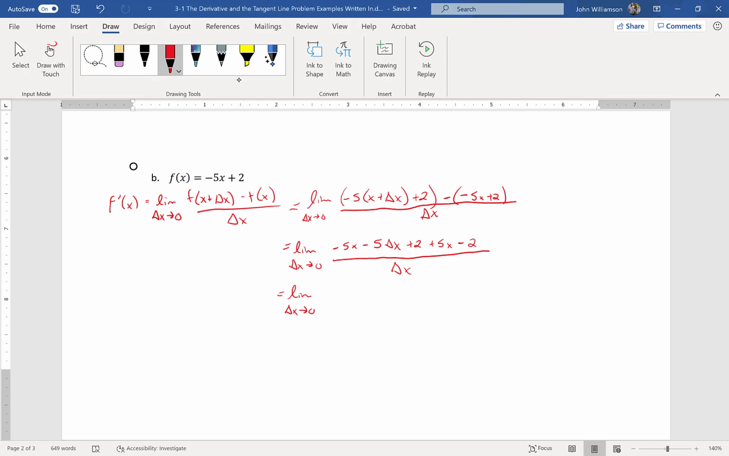Now 5x, I've got minus 5x plus 5x. So those are going to cancel. I've got plus 2 minus 2, those are going to cancel. And so I'm left with, then, the limit as delta x is approaching 0 of negative 5 delta x over delta x. Now guess what happens? What is delta x over delta x? It's 1, right? So we're left with, then,